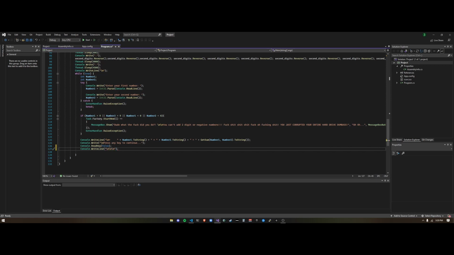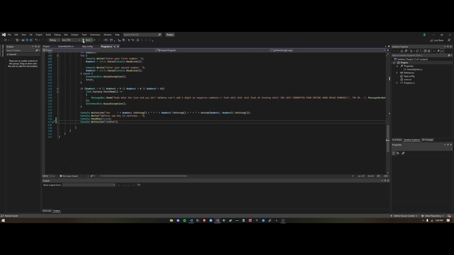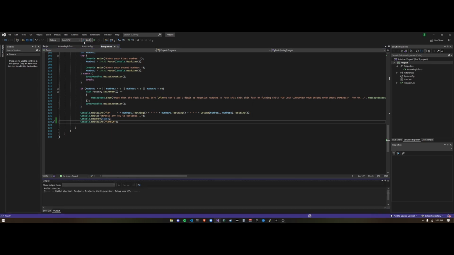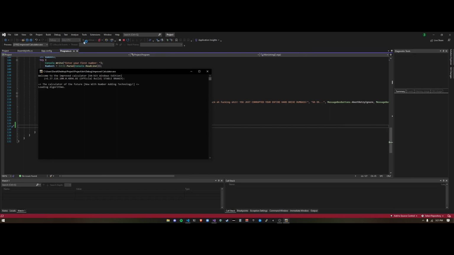So now that all of our source code is done, our lovely source code for our really basic calculator here, we're actually just going to click run here and see if it works. After you click run, it should take 1 second to pop up. Alright, and here we go. Here's our application. It's going to go through the loading process and load up all of our algorithms.